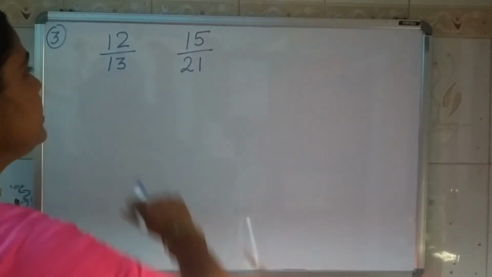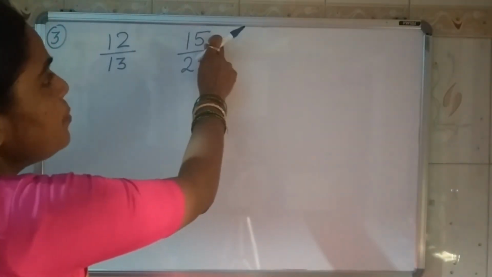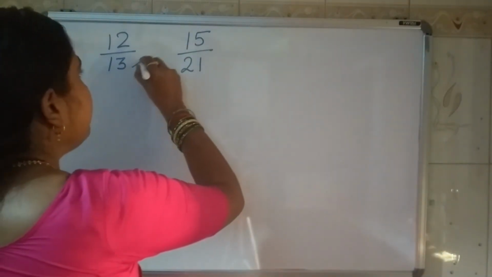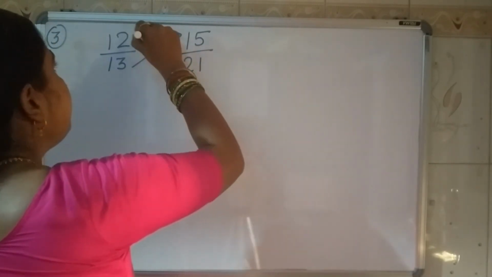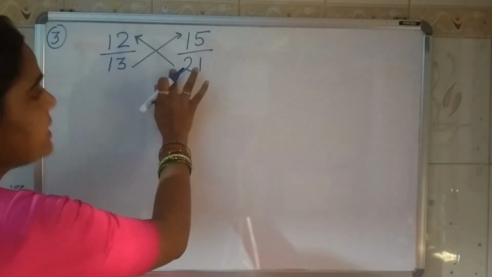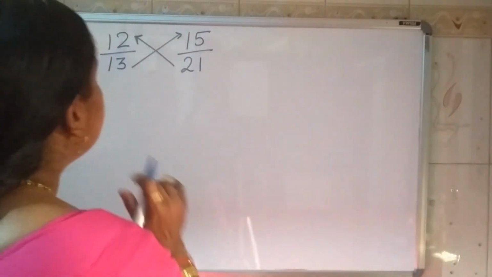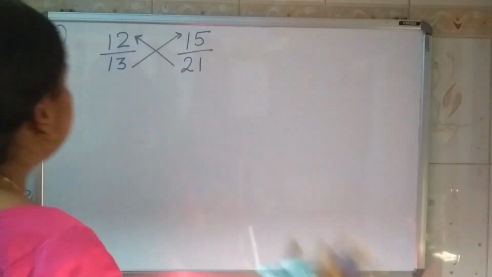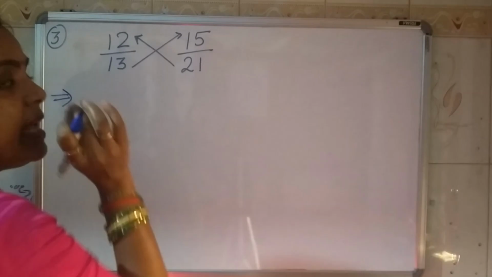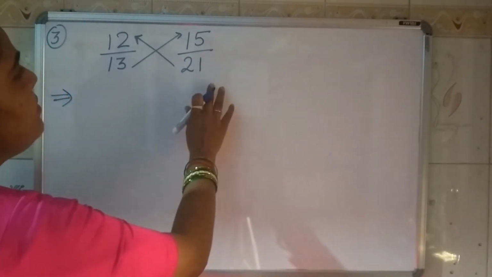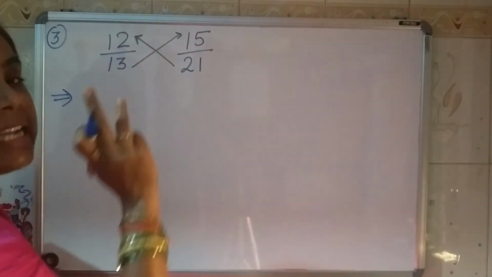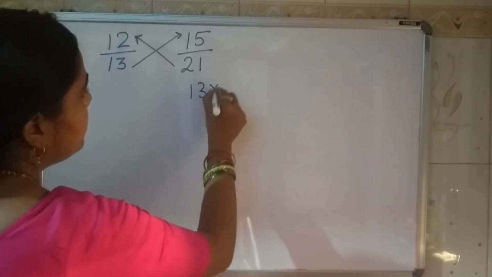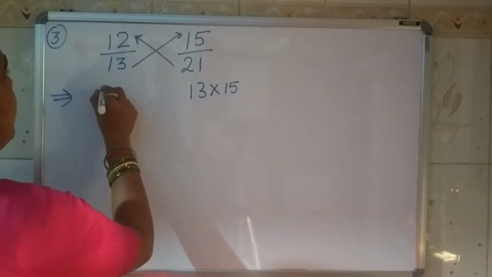Now the third point is unlike fractions with different numerator and different denominator. Okay. So in this case what we will do, again we have to cross multiply. But this time you can see that this tail is on the opposite side and this head is on the opposite side. Okay. Now cross multiply means denominator will be multiplied by numerator and numerator will be multiplied by denominator. So now what you have to keep in your mind: which side tail, that side we will not write the number, which side head, that side we will write down the number. So 13 multiplied by 15 will be written here and 21 multiplied by 12 will be written here.